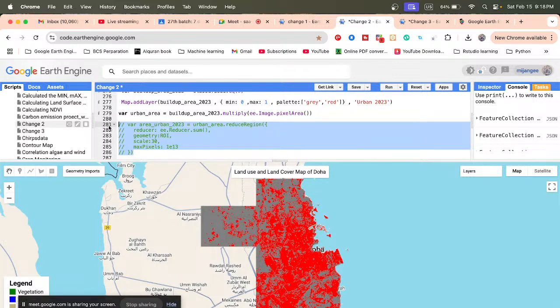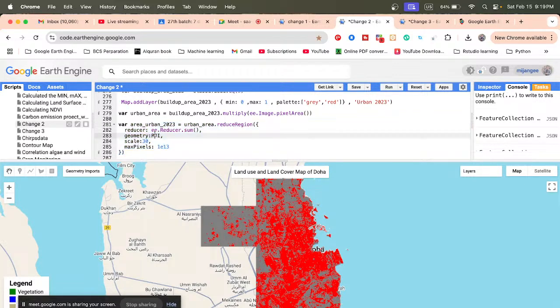So I just uncomment it. Just take a variable urban area 2023, then call urban area and apply reduceRegion. We have already used this function reduceRegion many times. The reduceRegion function is used when you calculate any pixel value, such as the total pixel value, average pixel value, or maximum pixel value for a specific boundary. And in this case, for the reducer, I want to calculate the total area. So put the